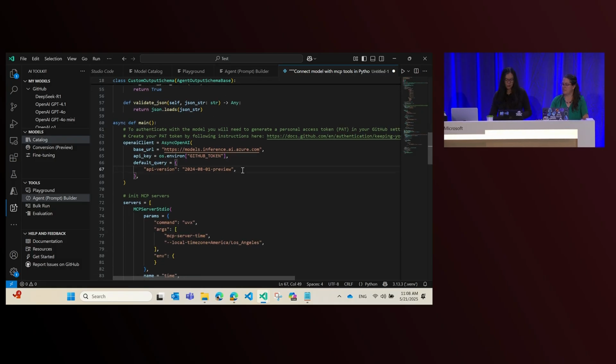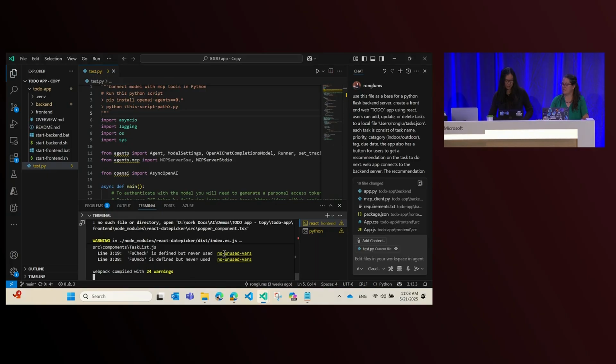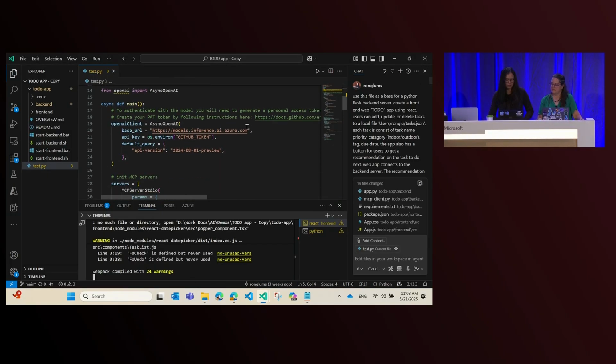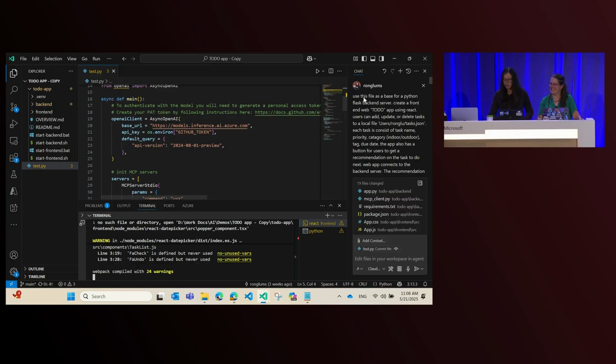And from here, what I did was I took this file, and like Lori, I used Copilot. I just fed that file to Copilot and said, based on this file, which I know my model works, I know my prompt is good, I know my MCP servers work, so I have control over that piece, but I let Copilot do the rest of the work and just wrap that up in a Flask server. And then it also created that front-end web app for me. And that was the demo app you saw. All right, let's head back to slides.